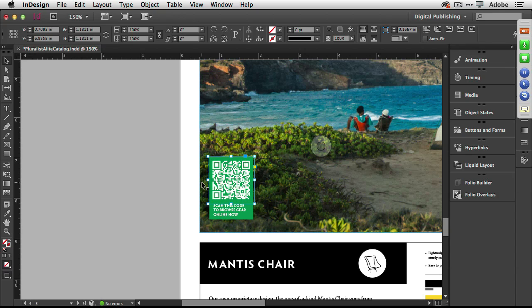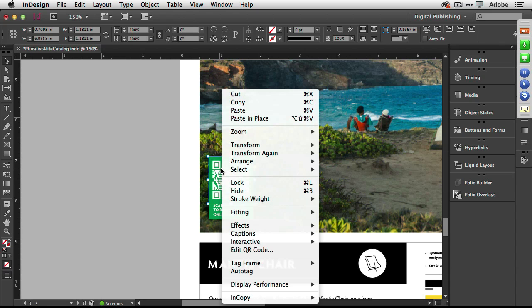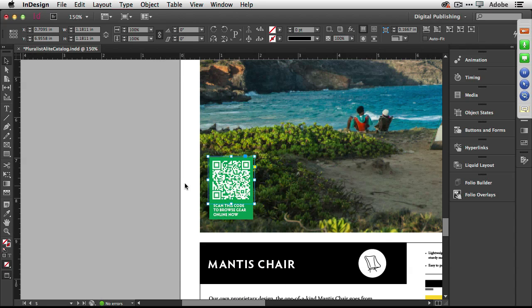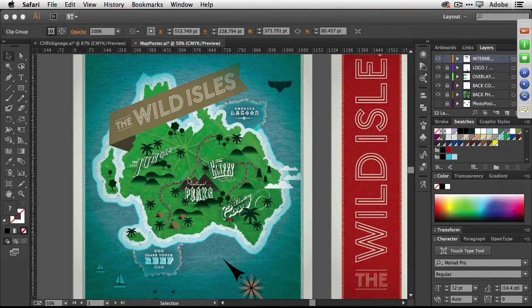It's just like any other vector object, but InDesign created it for you. And if I ever need to get back to it, I can right click on it and say edit QR code and get right back to the URL to make any changes I want, without me having to delete it and make a new one. So with that, let's head over to